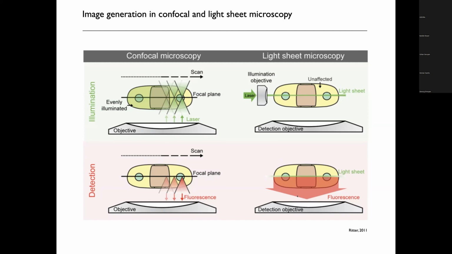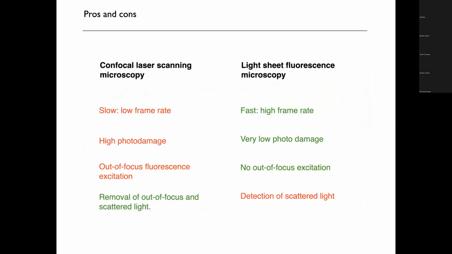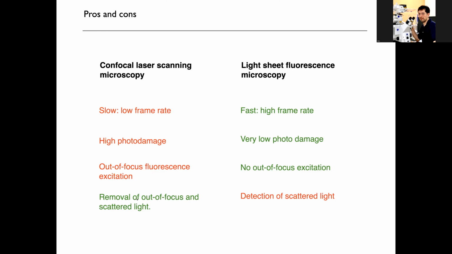So what are the consequences of these different illumination and detection types? In confocal laser scanning microscopy, we have a relatively low frame rate because we need to address each pixel separately. We have a relatively high photo damage because we have to illuminate the complete sample from bottom to top whenever we scan one plane. We always have out of focus fluorescence excitation, but the good part is, of course, that we remove that out of focus light by